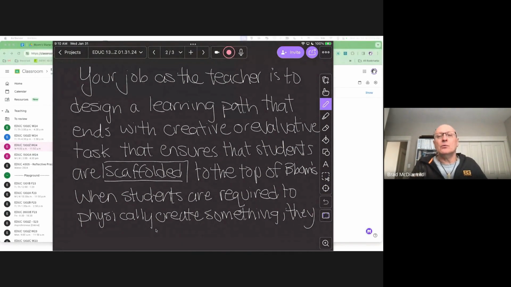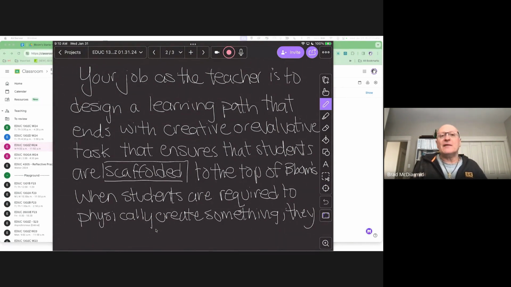And that's how society, the school district, and the government expect you to decide whether students pass to the next grade, because you are using those 2 pieces to decide whether a student has learned those outcomes from whatever it is that you're doing. Okay. And then the other part, after it says a creative or evaluative task, that ensures